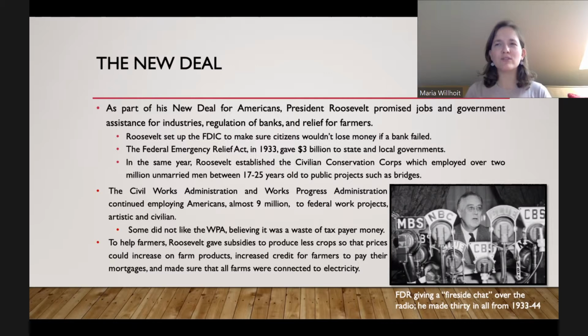So, as part of his New Deal, this deal that he wants to create with the American people, similar to his ancestor Theodore Roosevelt, who wanted a square deal, Roosevelt wants a New Deal. Basically, he wants a deal between government and citizens. And the deal is going to be, we're going to help you, and the way you help us is you're going to work for us, actually. So that was the trade off.